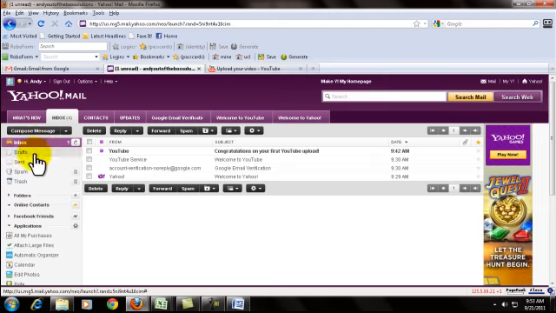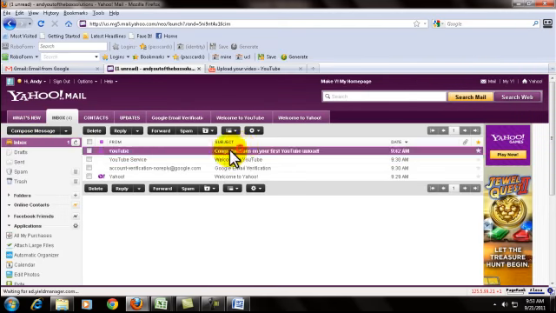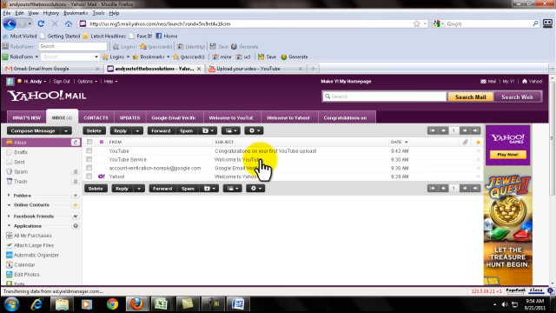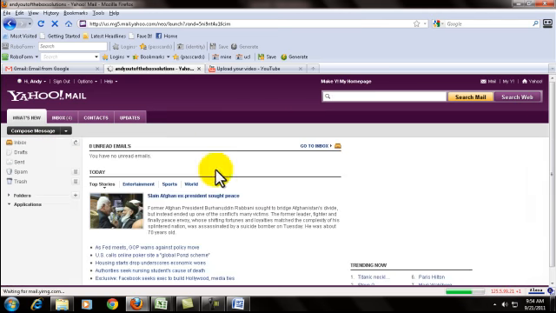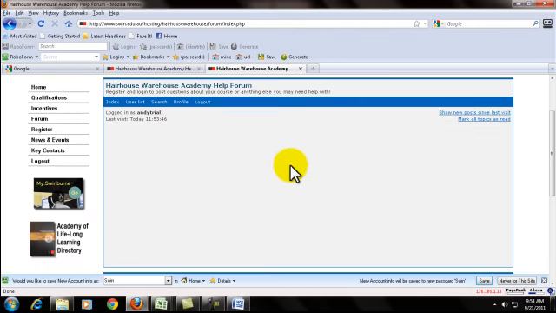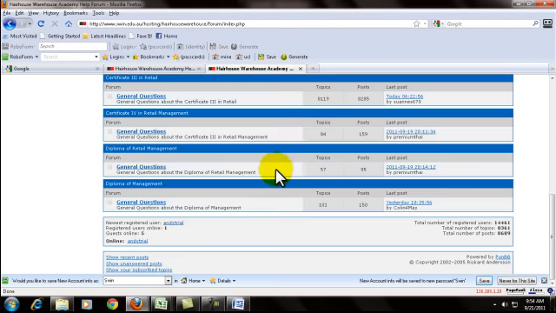Let's check the email verification. So I think this site doesn't need an email verification. You can see here that you are on the new registered user.